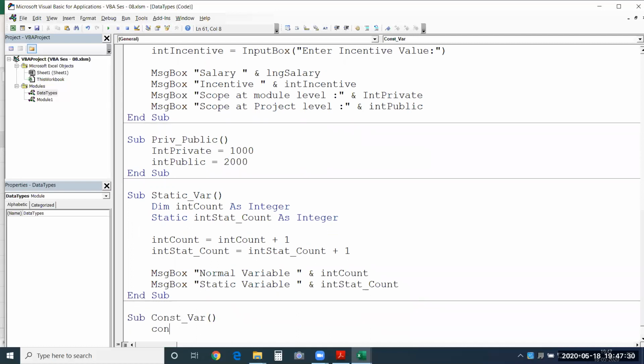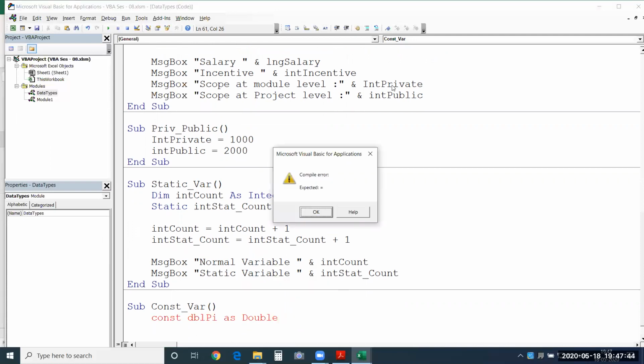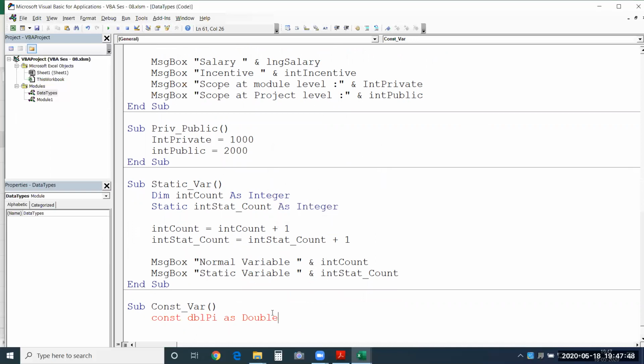So here you'll have to mention const. I am giving a decimal value, so I'll say double, pi as double again. And you need to provide the value right here. So I'll say 3.142. That's the pi constant.